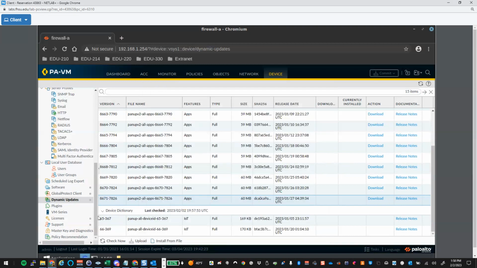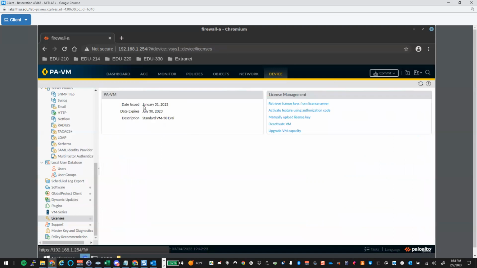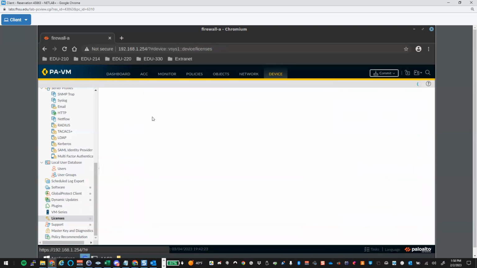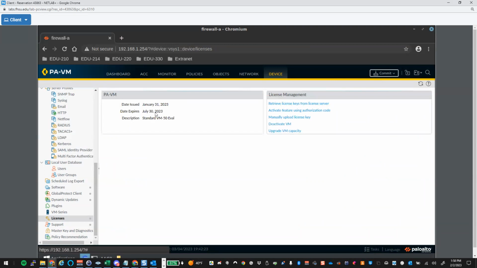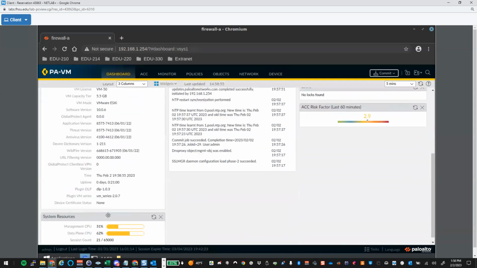And then once it's downloaded, we can install it. So I'm going to check our licenses here just to make sure that I didn't miss anything on our systems. So we'll come out here and take a look at those. And you can see that we have one that was issued here January 31st. So we're good for at least 180 days. We got the eval. If we come out here to the dashboard, we can also see that we're activated and